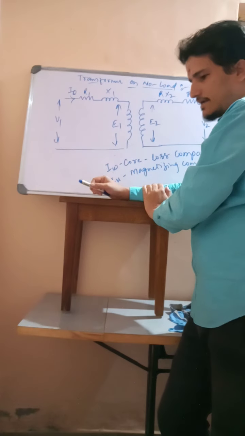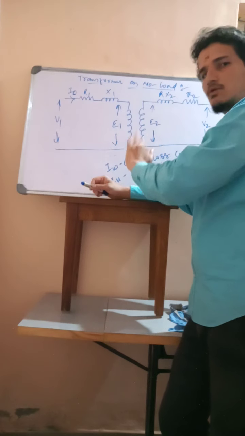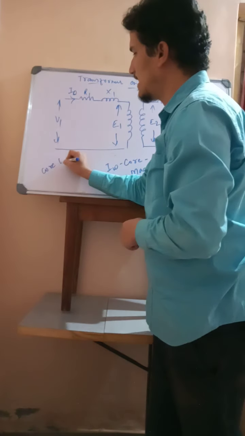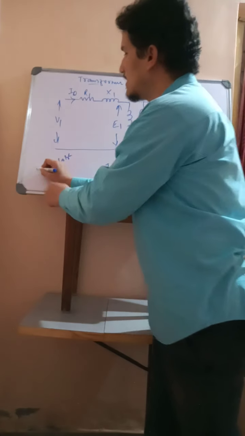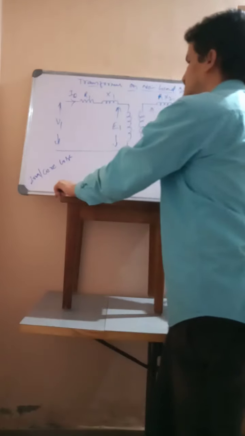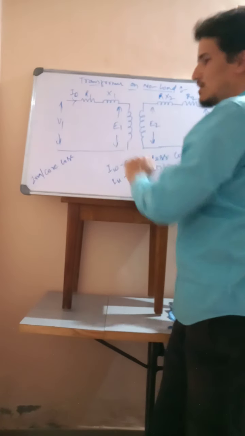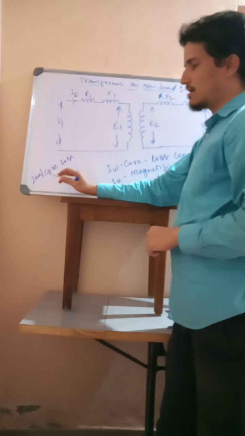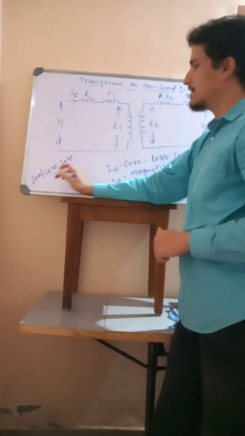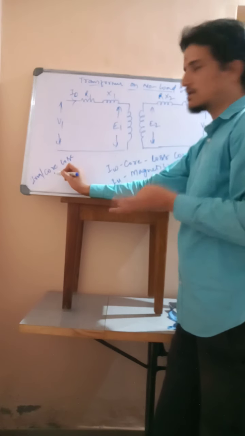Also, I have told you that even if it is open circuit, due to the core there is eddy current. Eddy current loss is also a core loss. And one more loss comes, that is hysteresis loss. Core loss is also called iron loss. Iron loss and core loss are one and the same. One more loss in the transformer is copper loss. Iron loss, core loss and copper loss. Iron and core loss are one and the same. Copper loss is another type of loss that occurs.